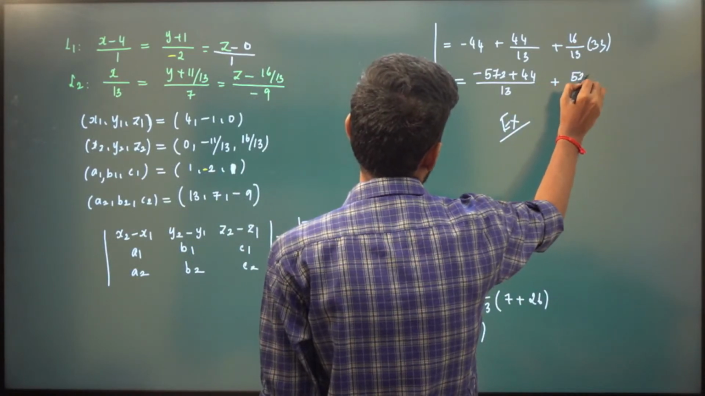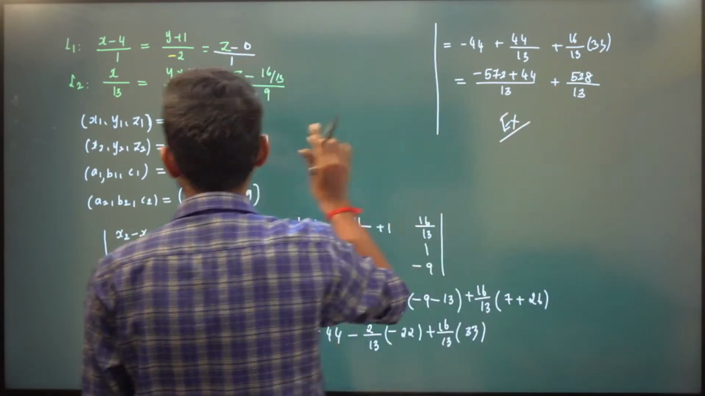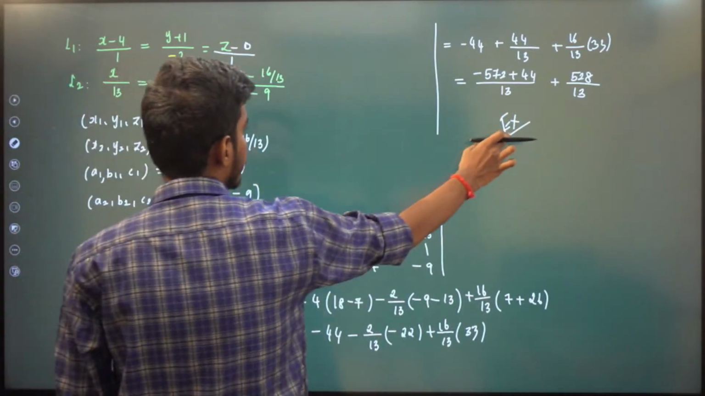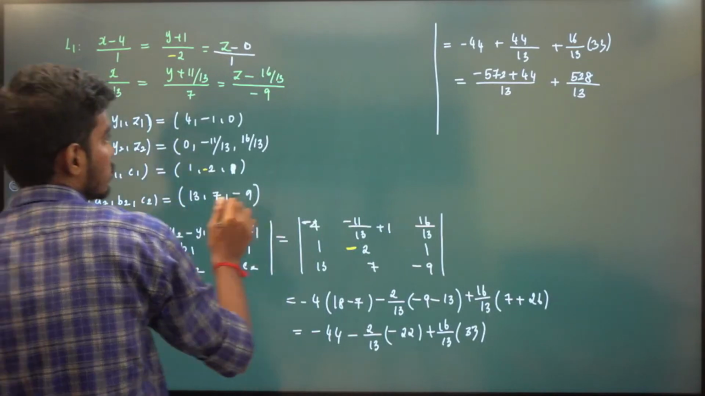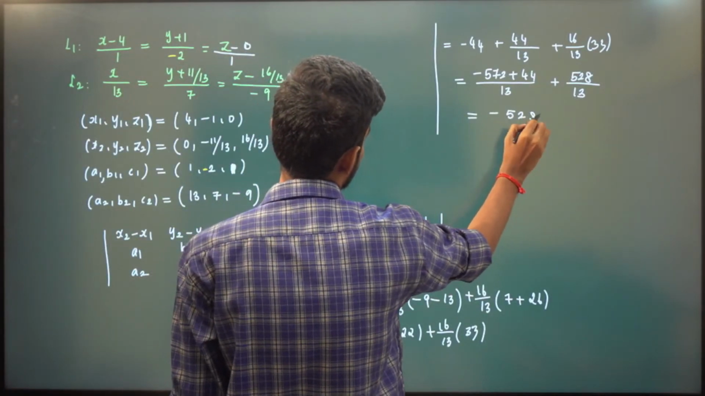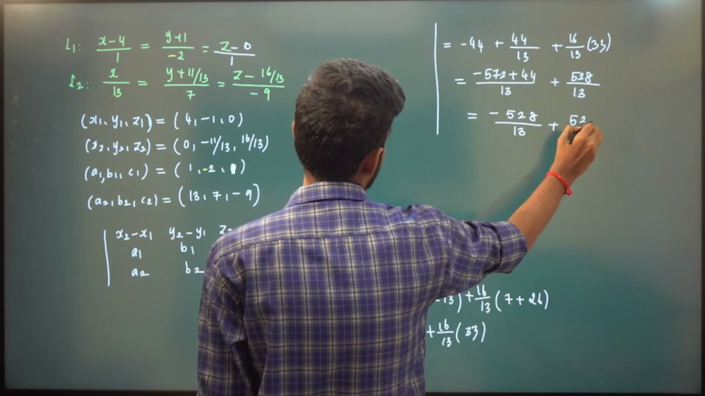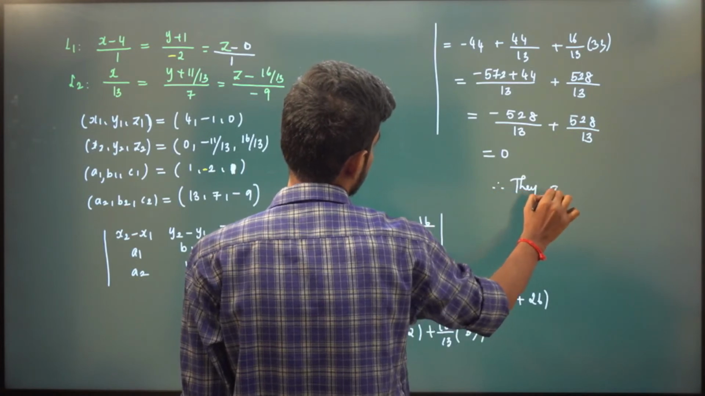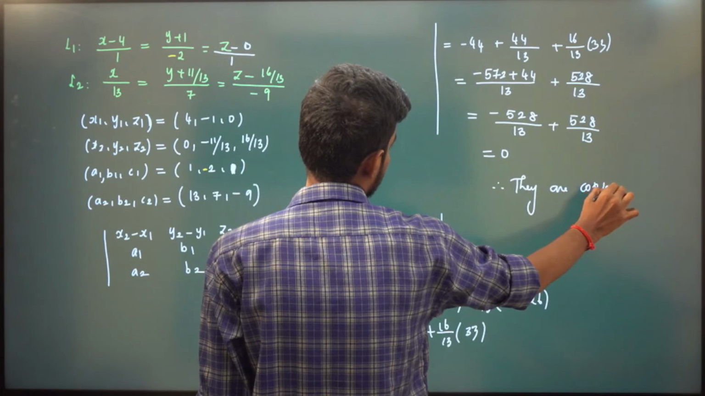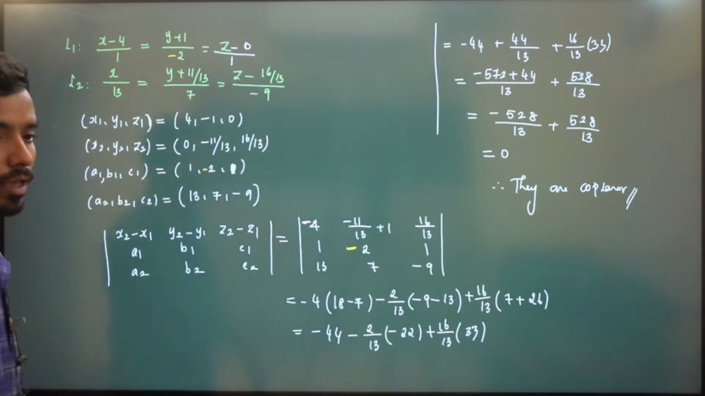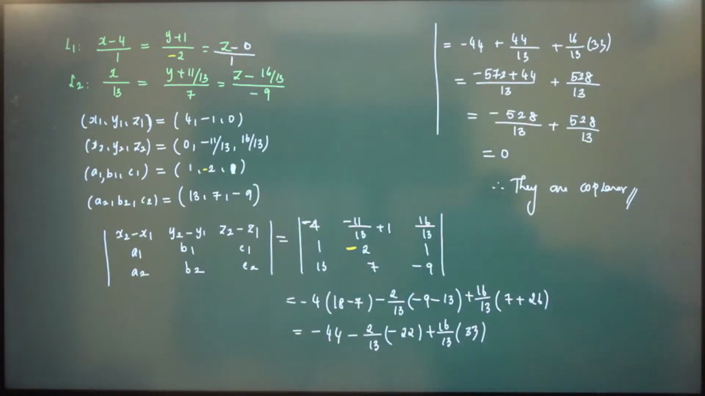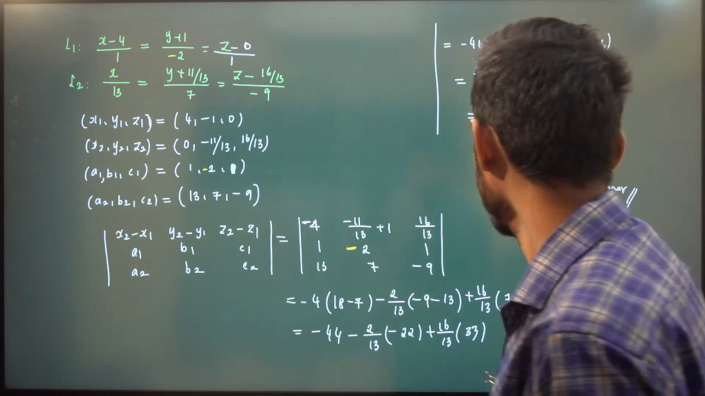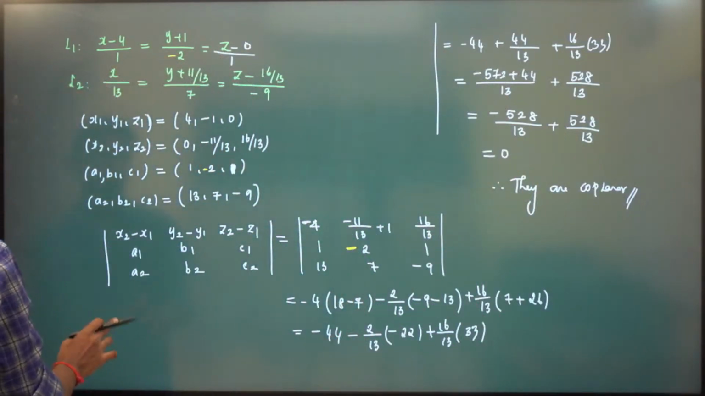This will be 528 by 13. So you will get minus 528 by 13 plus 528 by 13. Right? Okay, so we have shown that they are coplanar. So therefore, now you need to find the equation of plane containing them, right? So equation of plane